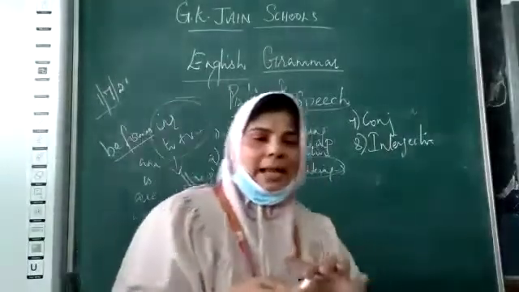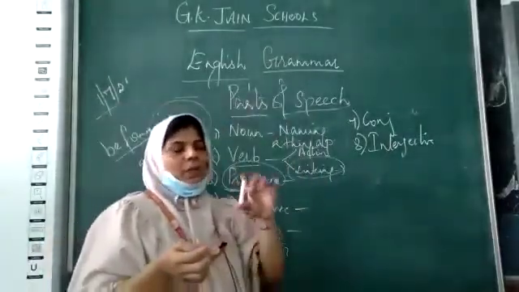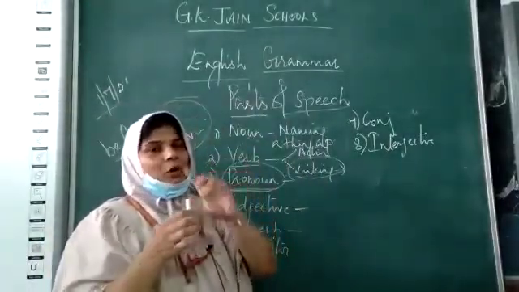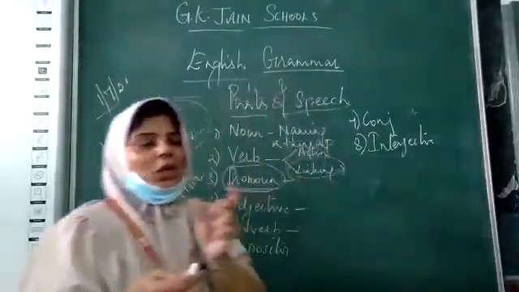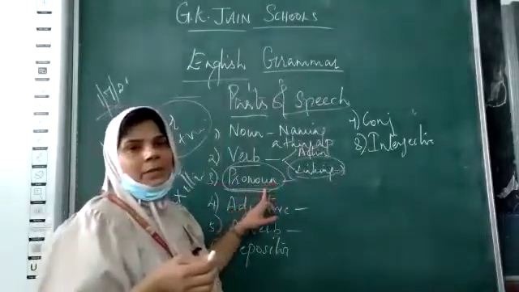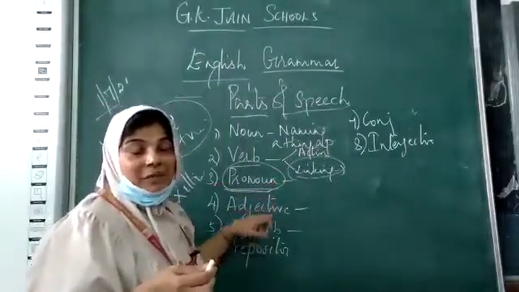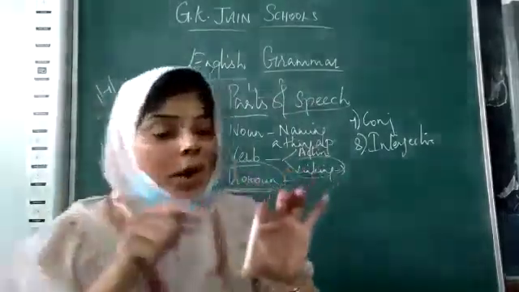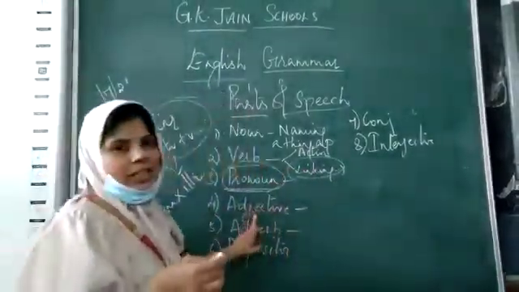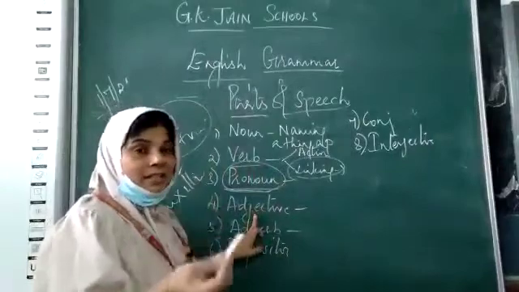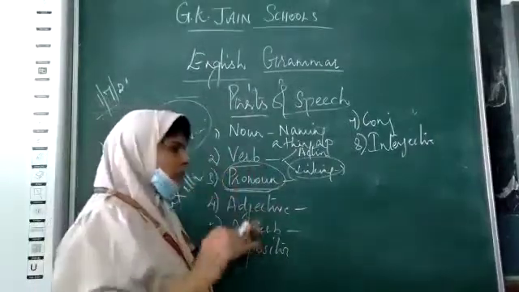For example, as I told you all, this is a chalk. Now what is the color of this chalk? I want to tell more about it. It is white in color. So the word white over here becomes an adjective because white tells us more about this chalk piece. So this becomes an adjective because this word describes the noun.